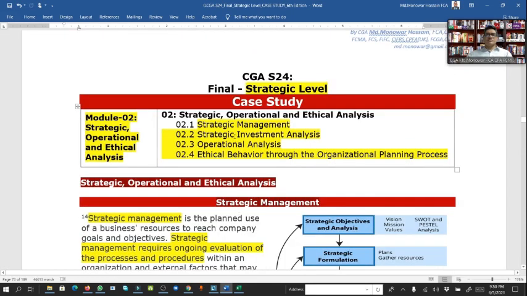Today we have discussed from Module 2, strategic, operational and ethical analysis: strategic management, strategic investment analysis, operational analysis, and ethical behavior through the organizational planning process, etc. So that is all for today. Inshallah, we'll meet